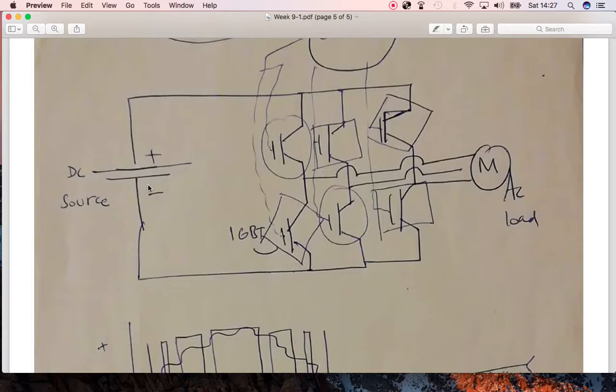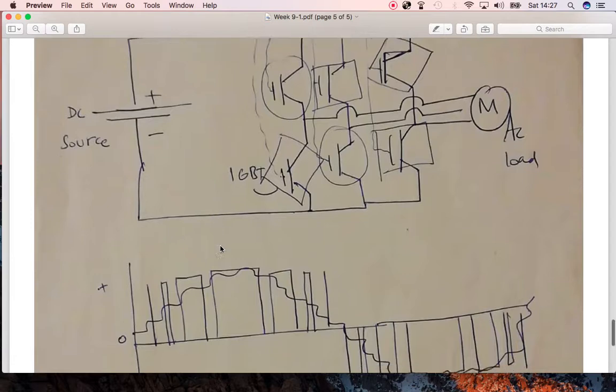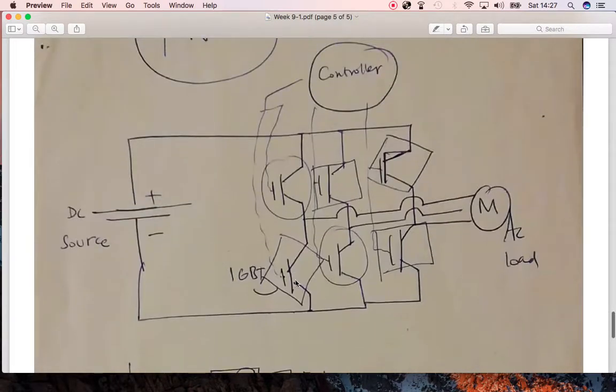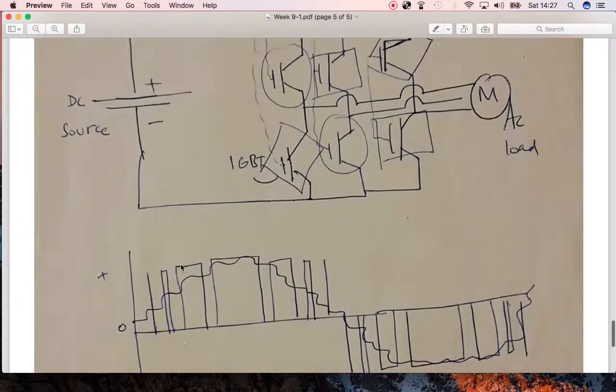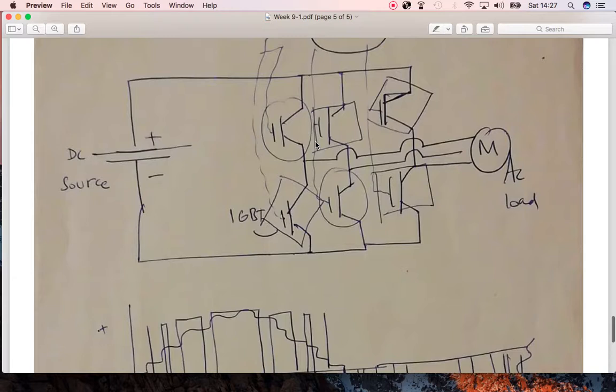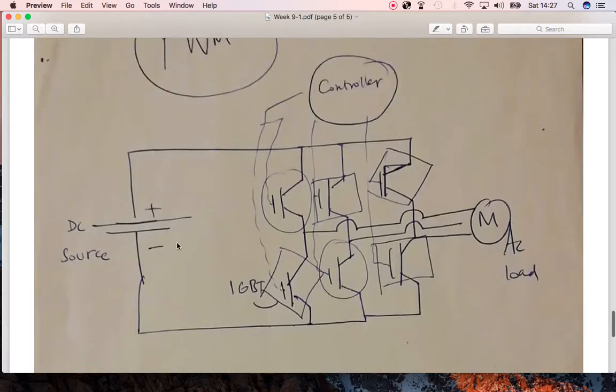In this way, the three-phase motor can be run with the help of pulse width modulation, with all the switches switching at a very fast and high rate. With pulse width modulation we can have an inversion environment where DC power is converted into AC power, and with the help of an inverter we can run our AC loads from DC sources, with the inverter in between them, and pulse width modulation is the best example of that.